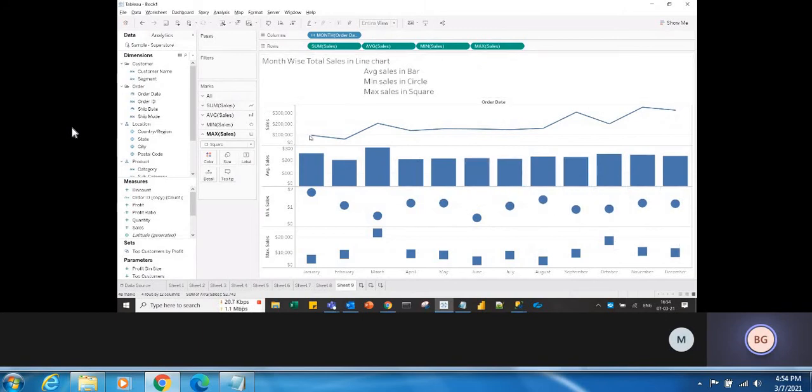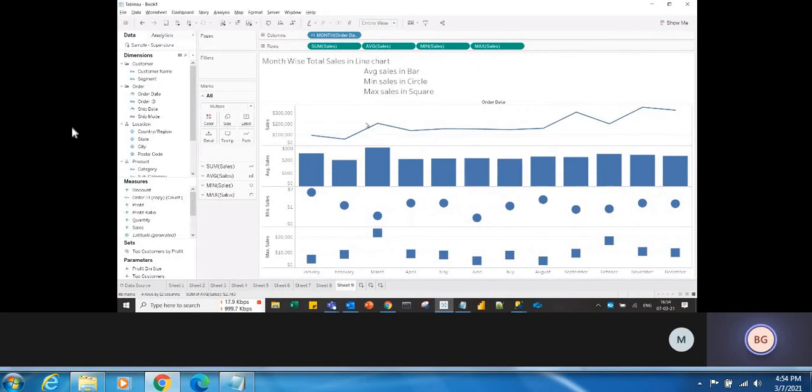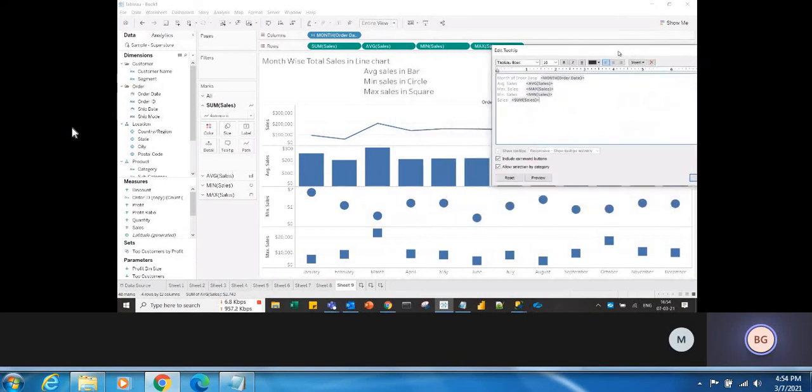How to do that? First, go to the all marks card, go to the tooltip, and copy all of this and delete it. Okay, and click on OK. Now nothing is showing here because we have removed it. Now go to the individual marks card like sales, go to the tooltip, paste it there, and here whatever you wanted to see you can see. Like if you want to see month of order date, or just if you want to see it as a month, you can do it, up to you.